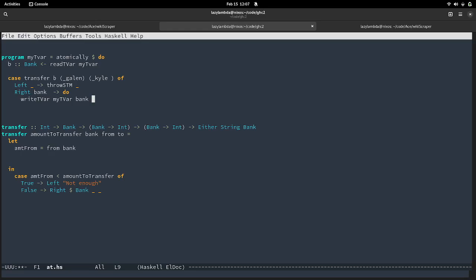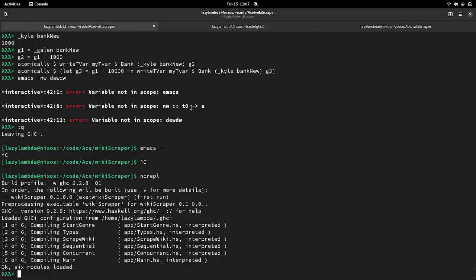This is not a good example, I'll admit, but ultimately the point I'm trying to get at is that if anything in this fails, the entire transaction will fail. Let me actually go to a real example here.